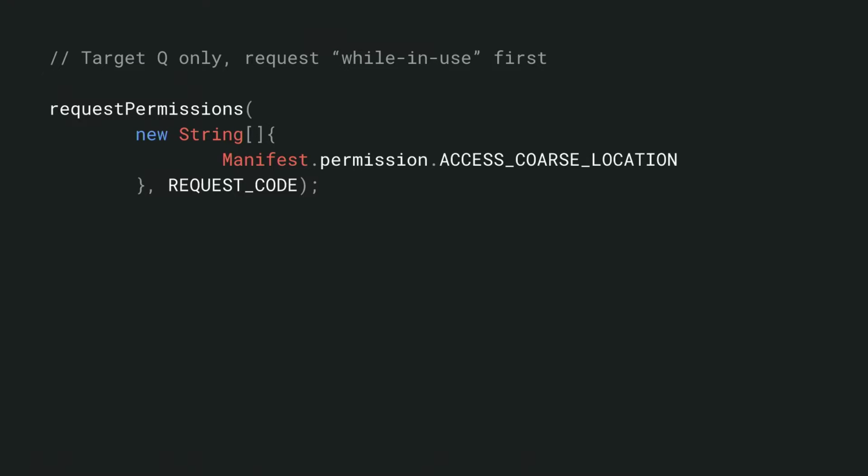Now, to first request permission to access device location only in the foreground, you can specify ACCESS_COARSE_LOCATION or ACCESS_FINE_LOCATION in the requestPermissions method. And if the user allows, your app would be able to access device location in the foreground.